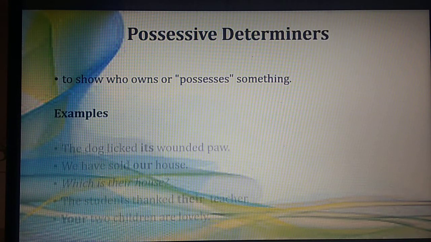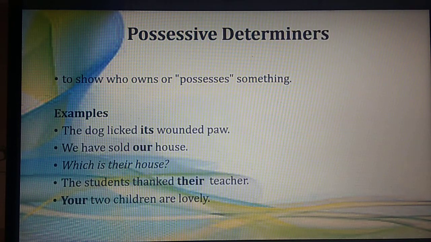Now if you look here, the only thing that you need to remember is P for possessive, P for pronoun. So most of the pronouns which show possession are possessive determiners. Something like his book, her bag, our house, their pencils. So all these pronouns that are used to show possession, we say it is a possessive determiner.